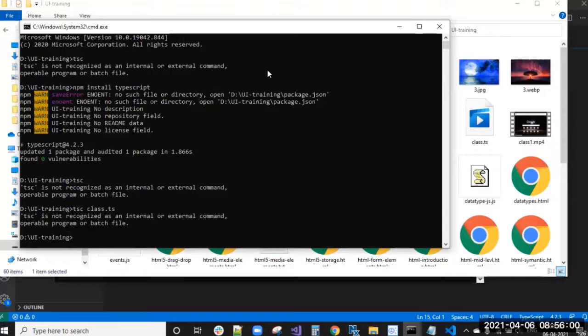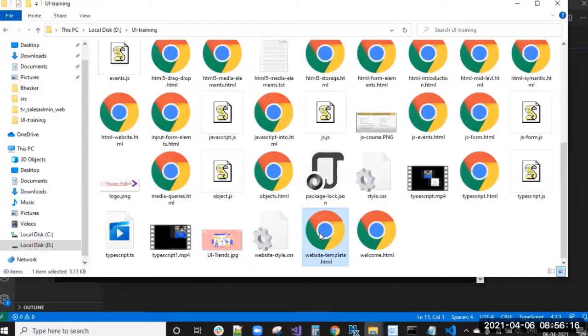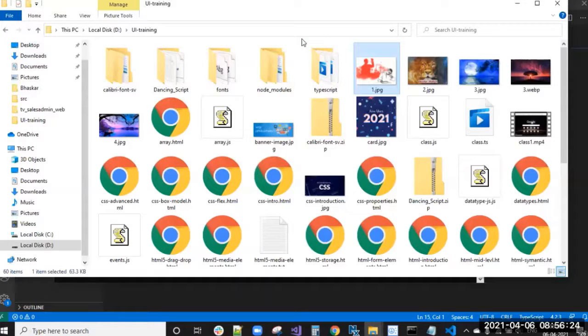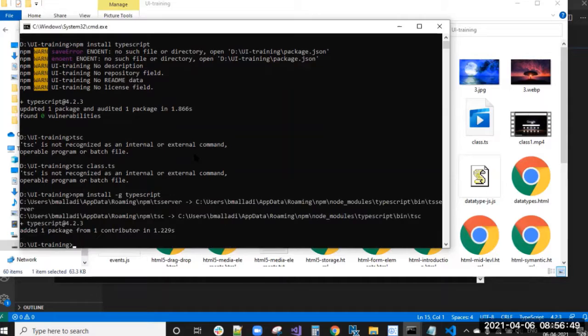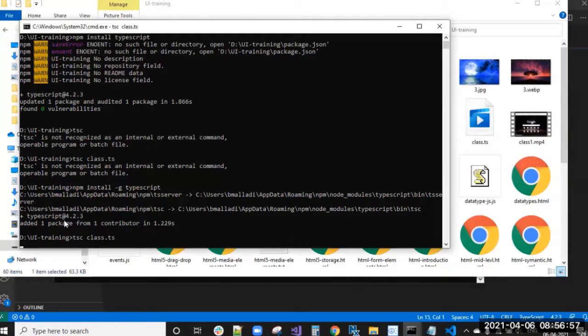Previously we were building, right? npm install typescript. Now it is compiling, guys.